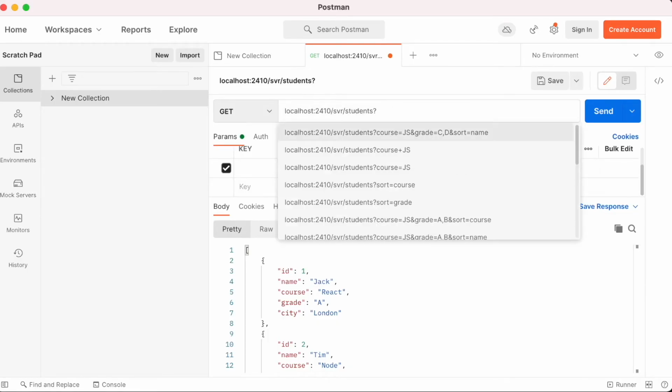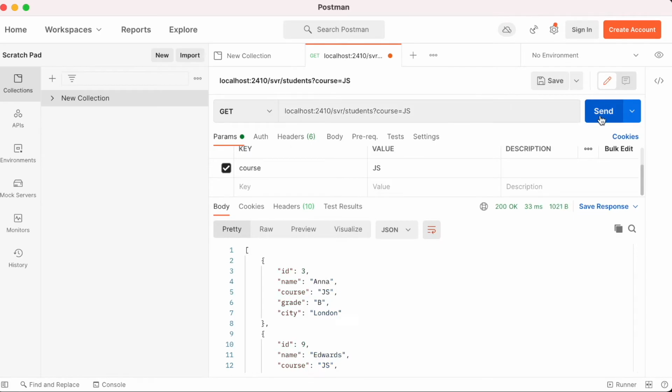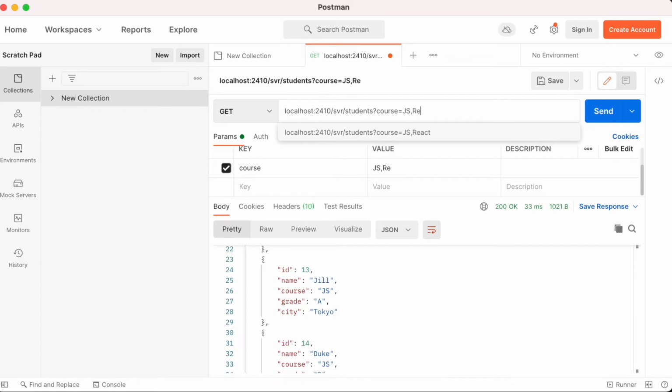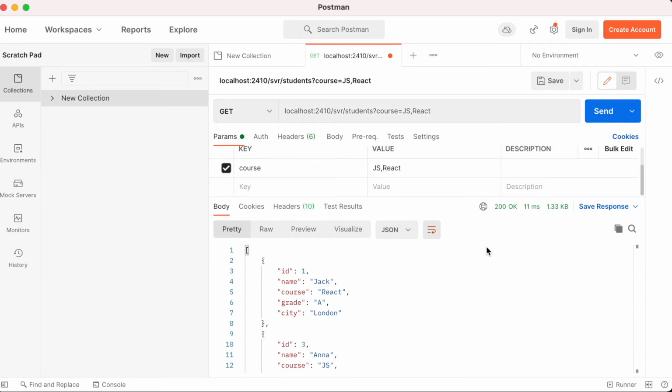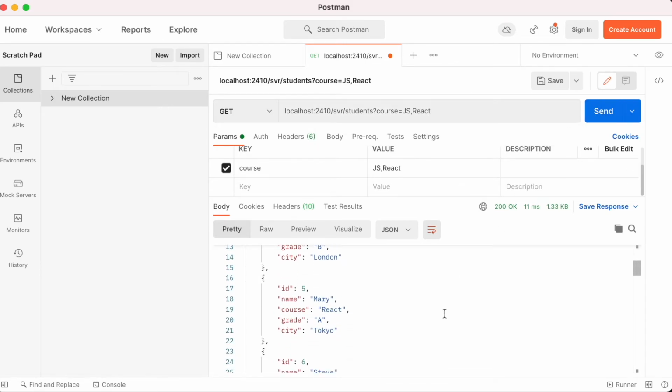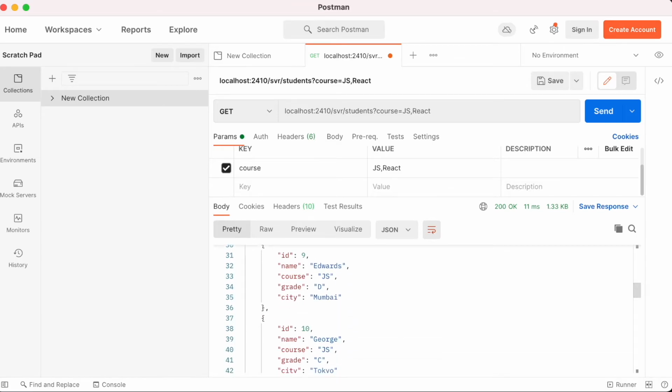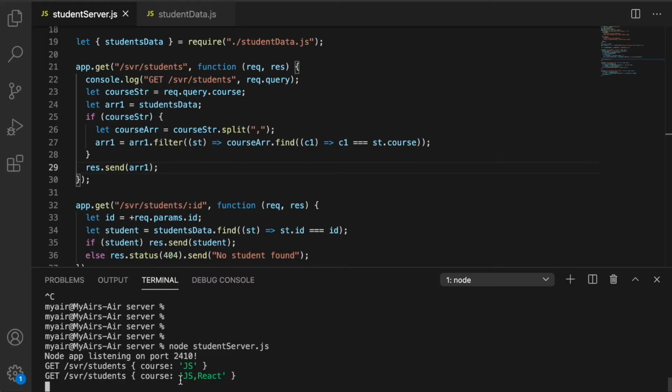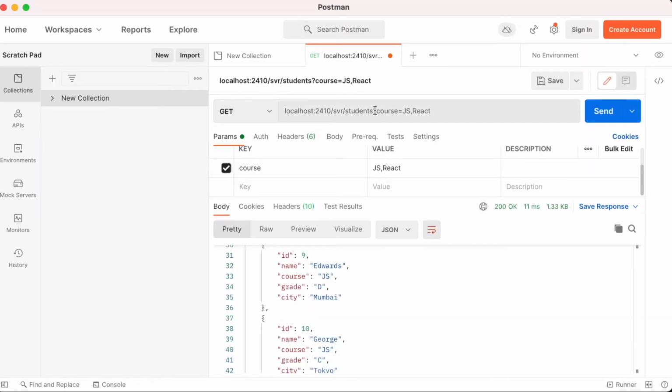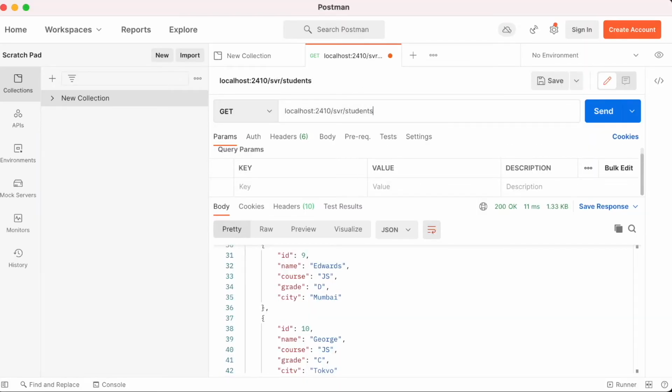Let's first run it for course is equal to JS. So that's working fine. Let me make it JS comma React. So we get React, JS, and if we check here, course was JS comma React. So this is working perfectly fine. Let's test our third case. We don't give this parameter. That should also work.